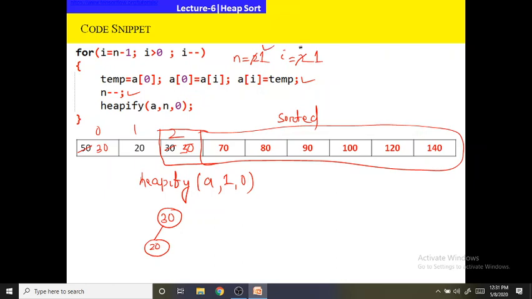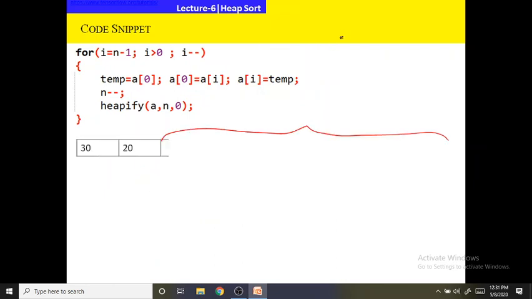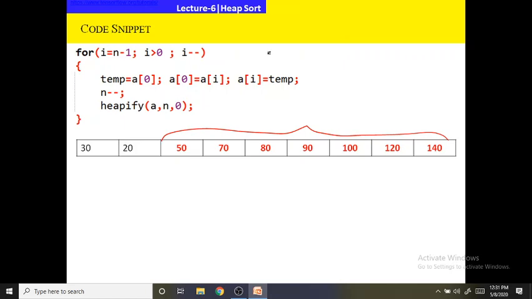The value of n is 1 and the value of i is also 1. Now I have to swap a of 0 with a of i. So a of 0 will be swapped with a of 1. So here I will get 30, here I will get 20.